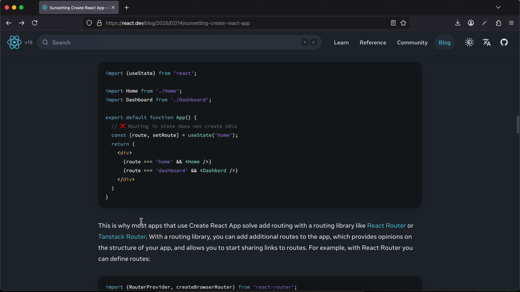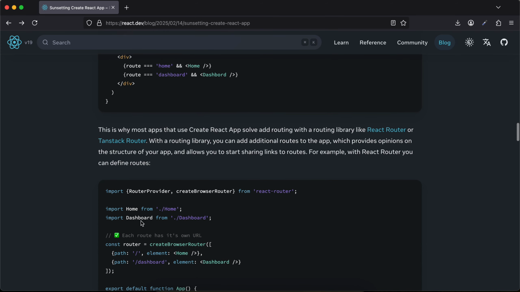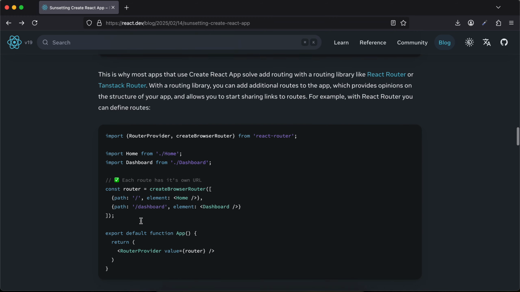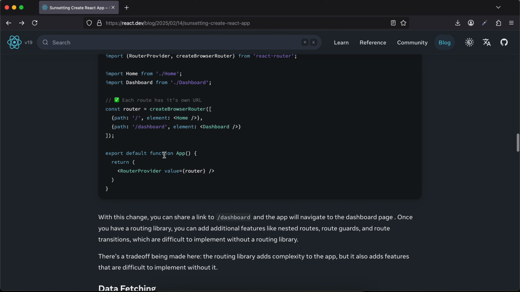This is why most apps that use Create React App solve routing with a routing library like React Router or TanStack Router. With a routing library, you can add additional routes to the app, which provides opinions on the structure of your app and allows you to start sharing links to routes. For example, with React Router, you can define routes. So something like this. With this change, you can share a link to dashboard, and the app will navigate to